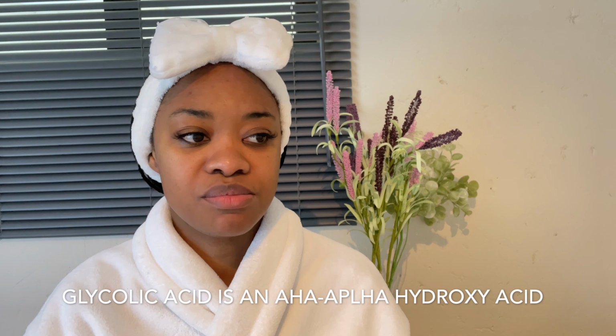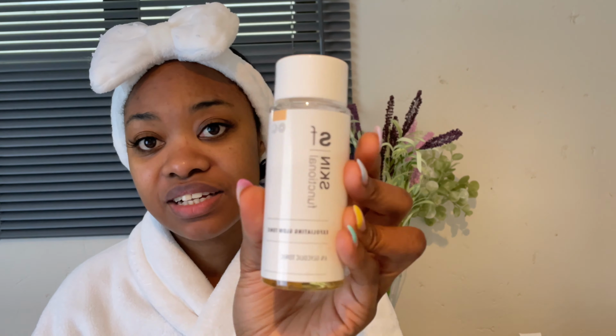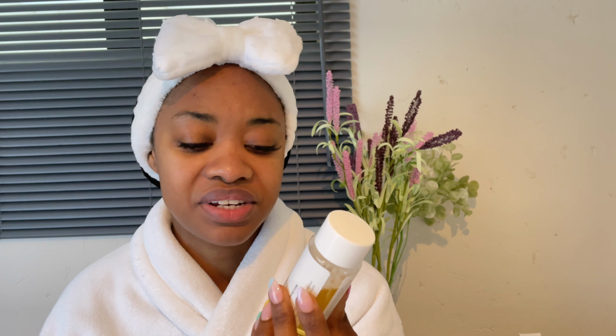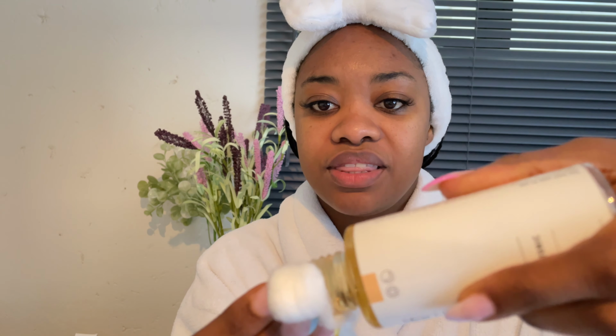Let me just get a cotton ball, cotton pad. I wouldn't say this is a toner, and I don't use toners in my routine, but I find that the exfoliating glow tonic, this is what it looks like, very liquidy, comes in handy after the wash. It's also quite a strong chemical, so you don't need to use this every day either. Get your glycolic acid. I like breaking apart my cotton ball because I feel like it's too thick. I want it flat. My flat ones are done, so I'm using this. So just put that on there,